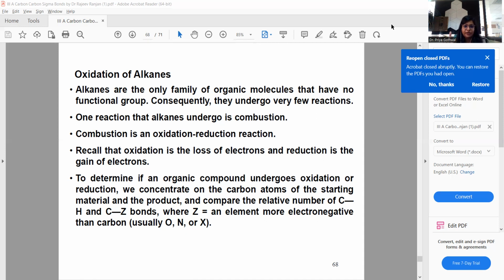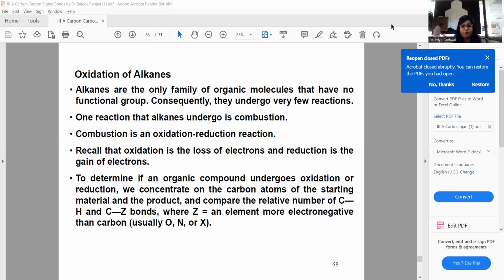We call oxidation the loss of electrons from atoms or molecules, and reduction the gain of electrons by atoms or molecules. The two phenomena occur simultaneously during the course of the reaction, and combinedly we call it a redox reaction. To determine if an organic compound undergoes oxidation or reduction, we concentrate on the carbon atoms of the